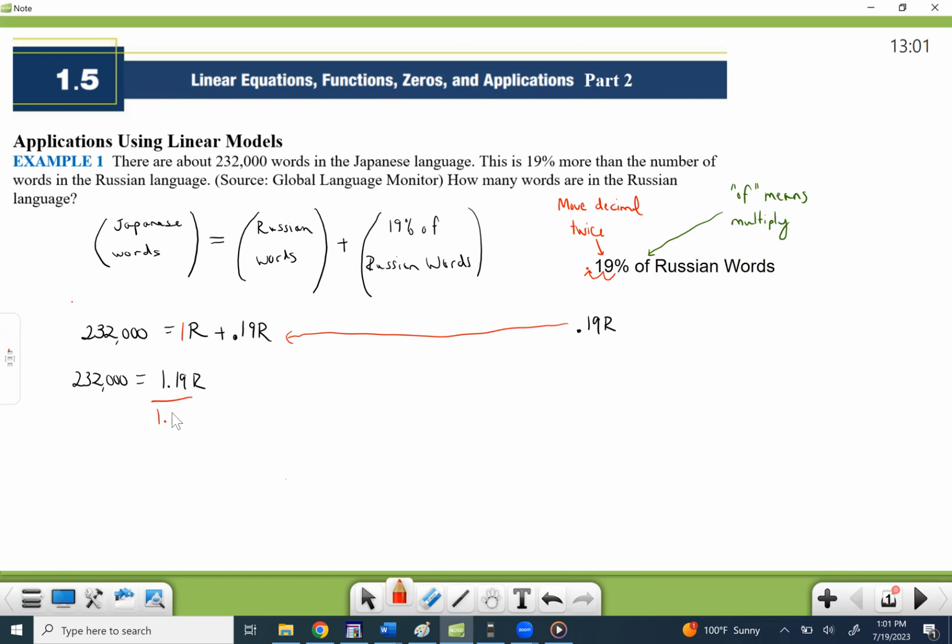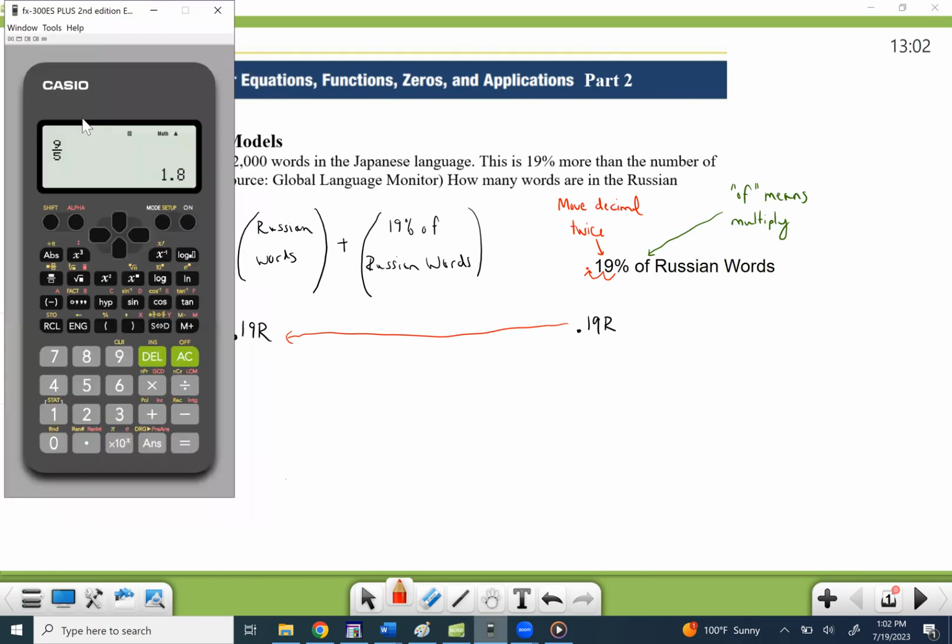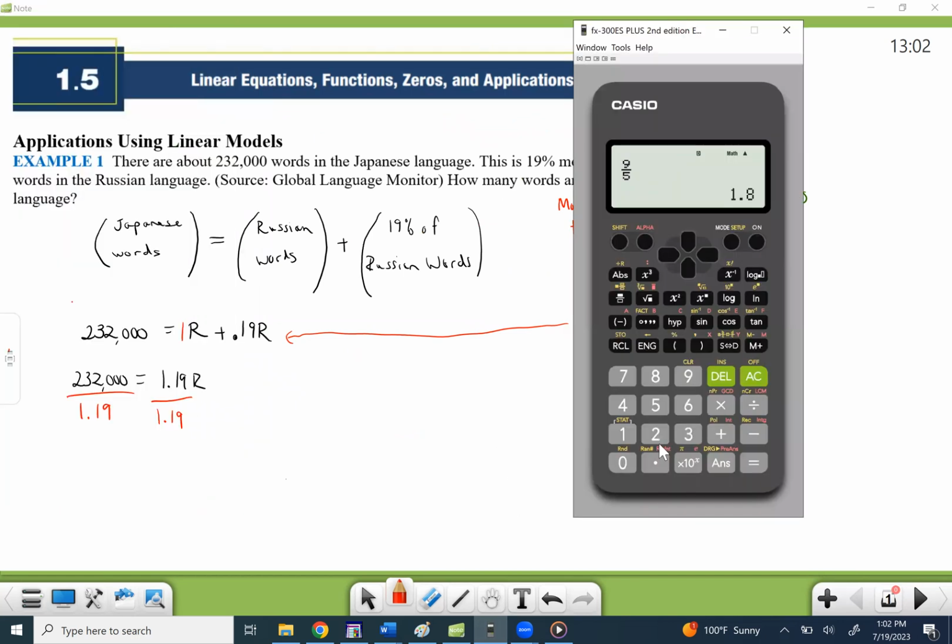All right. So I'm going to divide by 1.19 here and pull out the good old calculator. Maybe I'll just pull it up here, my emulator. Okay, so let's put this guy over here. I don't know why I wasn't using it earlier, you guys. All right, 2, 3, 2. So 232,000 divided by